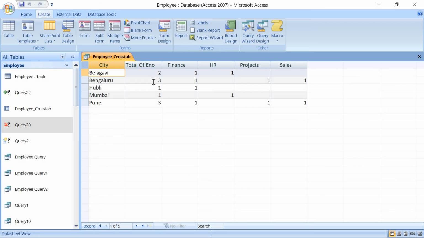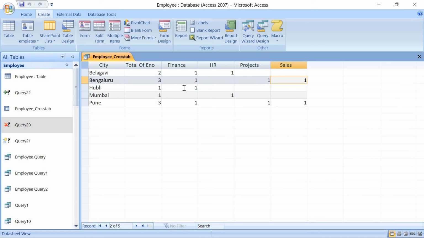When we see this one, we will come to know that 2 employees are from Belagavi, 3 are from Bengaluru, 1 from Hubli, 1 from Mumbai and 3 from Pune. And here we can just see, when we see here Belagavi 2, 1 person is working in finance department, other person is working in HR. When we see for Bengaluru, 1 person in finance, other person in projects, then the last one in sales.